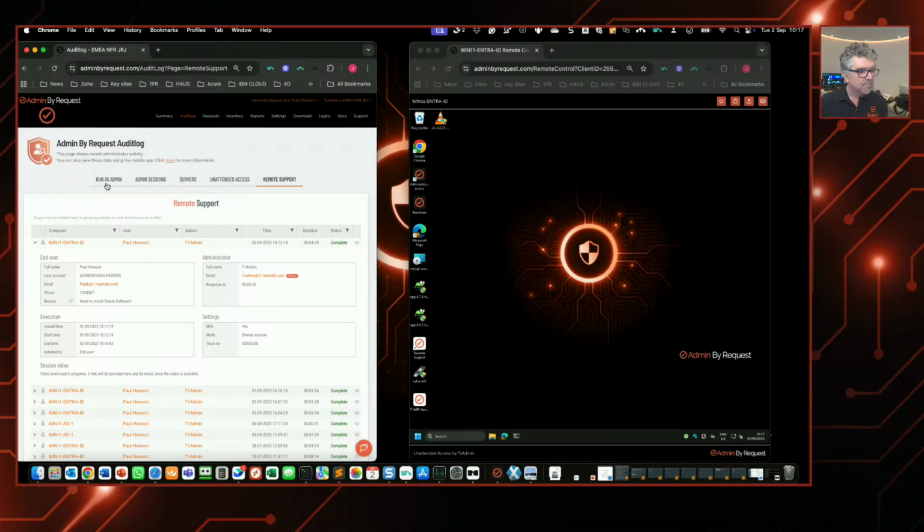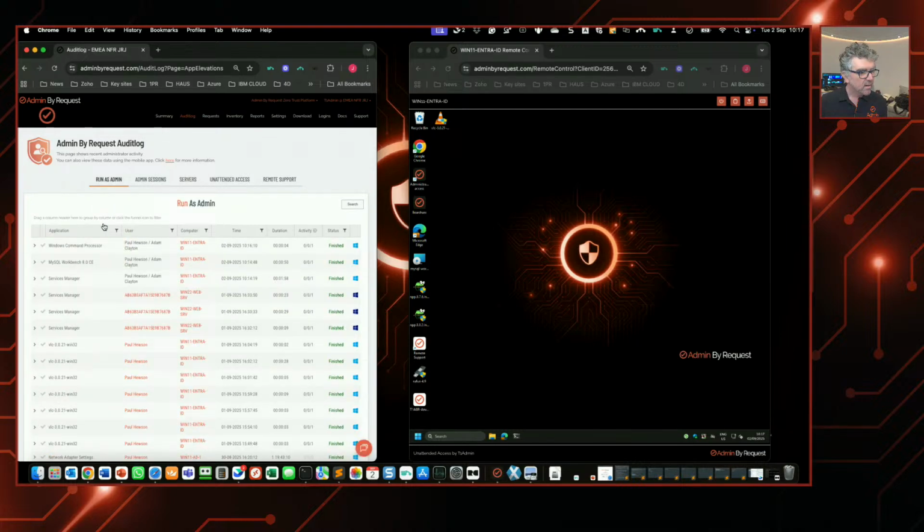And of course, just using the EPM side logs as well, I get a nice joint log of the support person, Adam, that was doing the thing, and the end user as well. So that is a very nice little intro into two really great features within Admin By Request: the remote support,